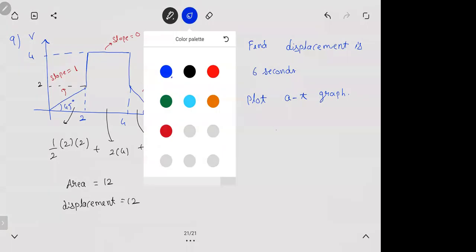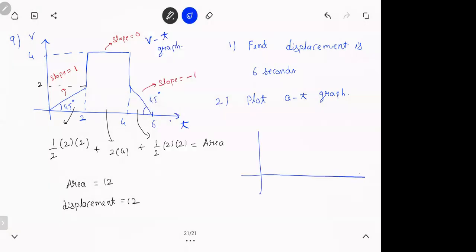So when you plot the graph, how do you plot that? When you plot an AT graph, initially for 2 seconds acceleration is +1. Then for 2 seconds it is 0. Then for 2 seconds it is -1. It looks like steps, right? You have 3 steps. One step height 1, 0, -1. It's 3 levels of 2 seconds each. This is how the AT graph looks. Have a look at this. Ask me any doubts.